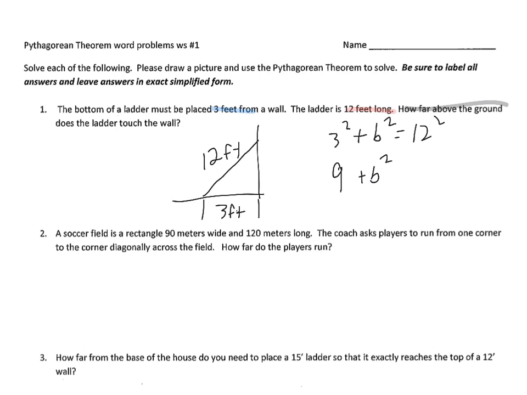But as I've said before, it seems a little silly to me to remember a new way to set it up when you already know how to set it up and you know how to solve equations. Just seems a little silly to me. You get b squared